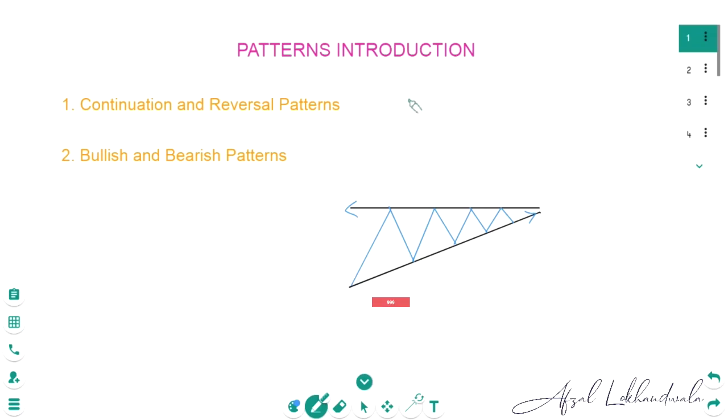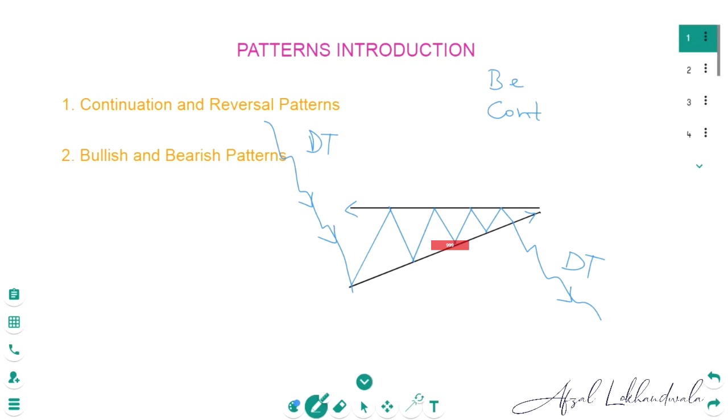Now let us say that the price had come from a downtrend. There was a downtrend before the pattern and then the pattern started and the price broke below the pattern and the downtrend continued. So there was this downtrend before the pattern and now we are again seeing a downtrend after the pattern. So the downtrend was continued. Since it is a downtrend, we say that it is a bearish continuation pattern.